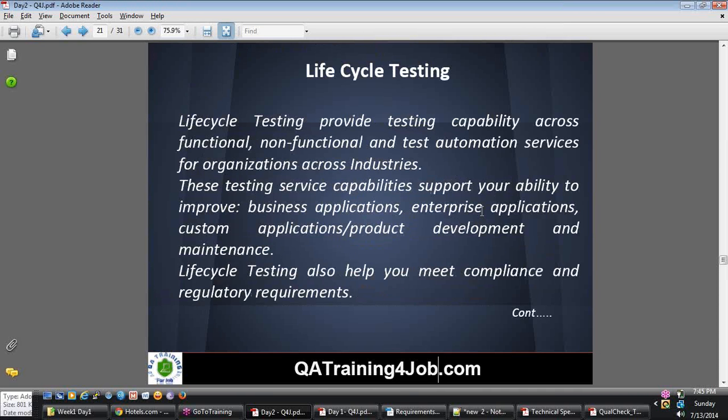Now coming to the topic of life cycle testing. What is life cycle testing? You heard about the software development life cycle, which has different types of phases from one end to another end. There is a software testing life cycle also. That is again one end to another end within the testing area. Now life cycle testing is a little different. Life cycle testing provides testing capability across functional, non-functional, and test automation services for organizations across industries. If you put it simpler, that means